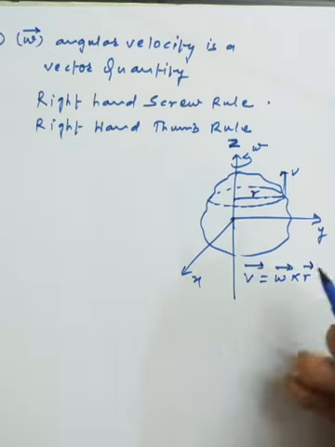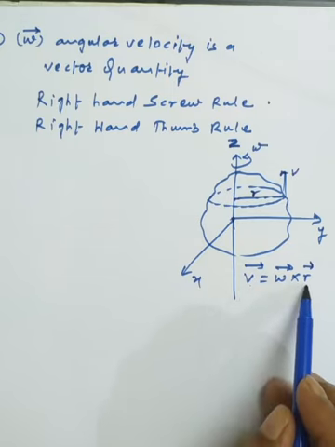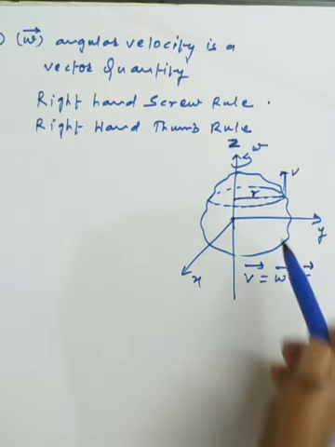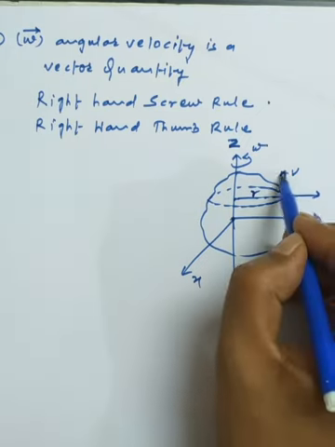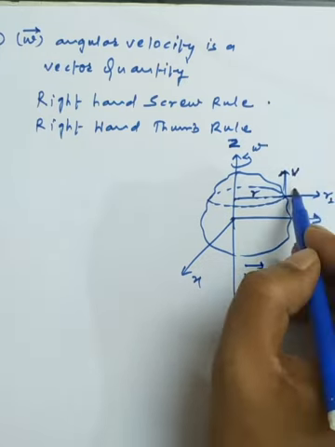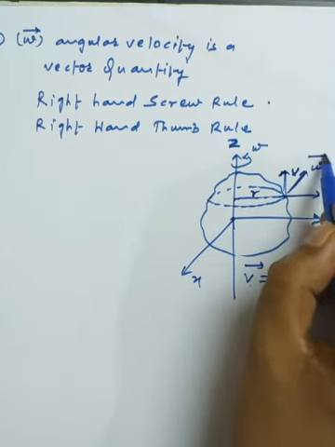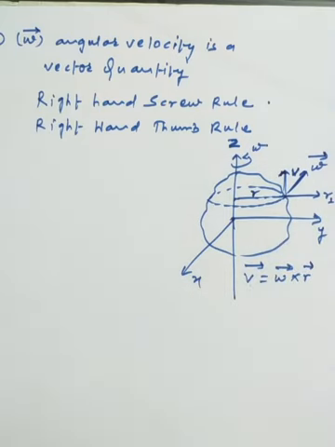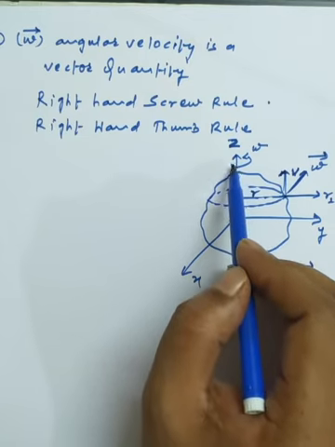Okay, so definitely we are assuming that the linear velocity, angular velocity, and the radius vector are all perpendicular to each other. So as I am imagining the radius vector in this direction, this is the direction of the velocity, and this is the direction of the perpendicular distance, that is called the radius vector. So this one is the third direction in which the omega is acting. So simply we can say that the omega is acting along the z axis, along the z axis.